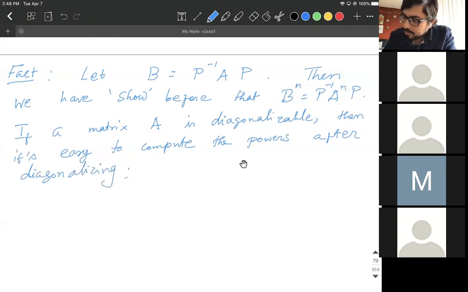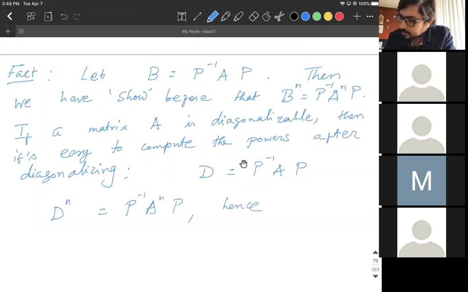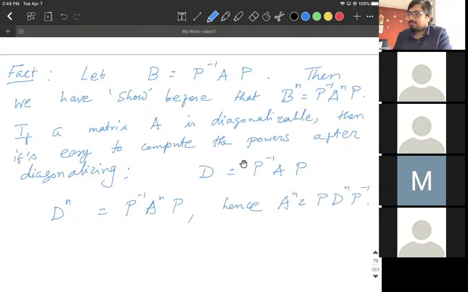In the sense that if D is equal to, let's say, P inverse AP, where D is a diagonal matrix, then from this formula, D to the n is P inverse A to the n P. Hence, A to the n is simply P D to the n P inverse, right? And computing D to the n